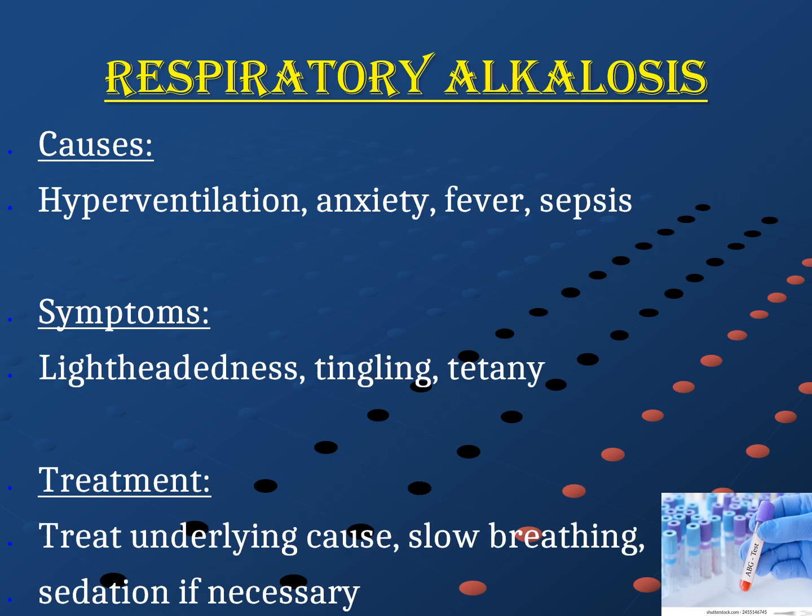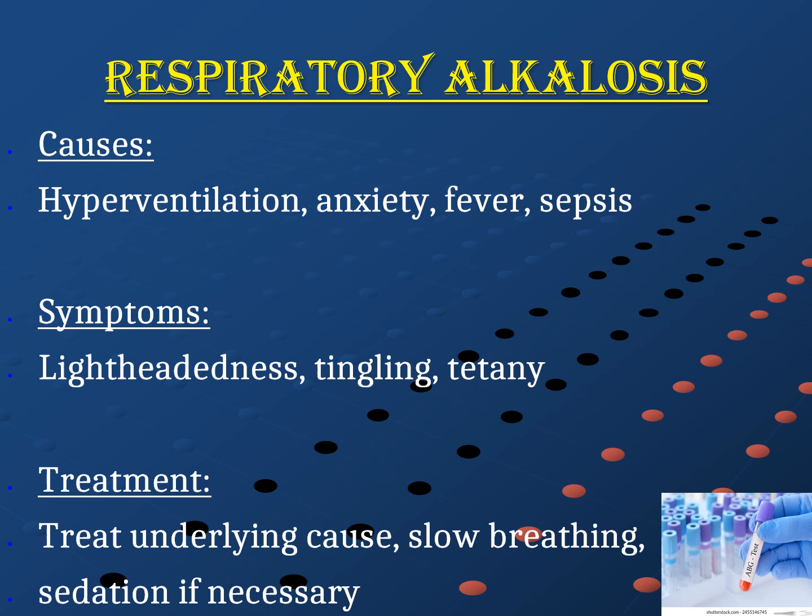Respiratory alkalosis. Causes: hyperventilation, breathing too quickly or deeply, anxiety, fever, sepsis. Symptoms: 1. Lightheadedness. 2. Tingling. 3. Tetany, muscle cramps or spasms. Treatment: 1. Treat the underlying cause, e.g. address anxiety, fever, or sepsis. 2. Slow breathing, help the patient breathe more slowly and normally. 3. Sedation, if necessary, to calm the patient and reduce hyperventilation. The goal of treatment is to reduce the rate and depth of breathing, which can help normalize the blood's pH